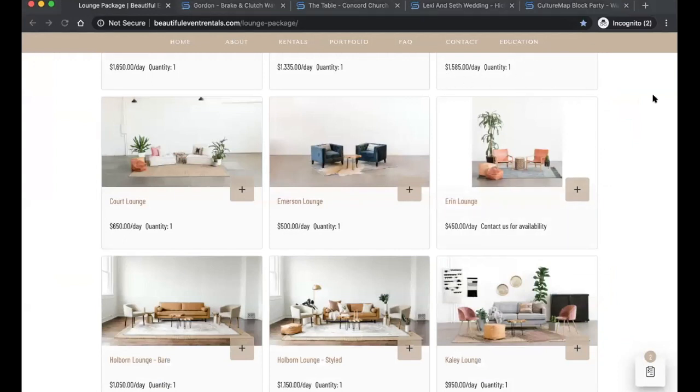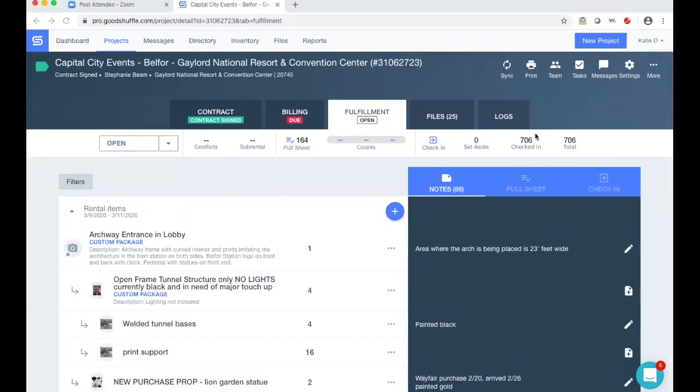Now it comes time to actually pull the event off. And so I'm going to flip it over to Katie, who's going to talk about the Design Foundry experience and how you guys are using the fulfillment tab to really excel in the execution of your events. Great. So how we use the fulfillment side is when our sales team has sold an event,